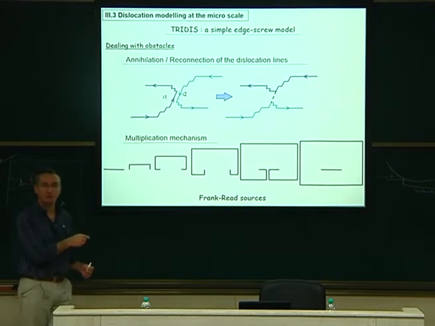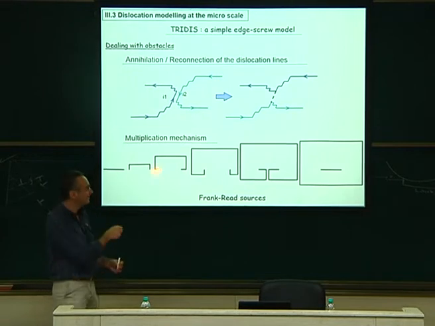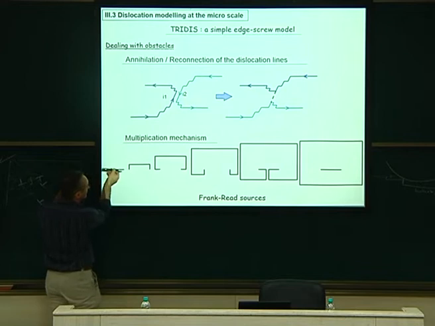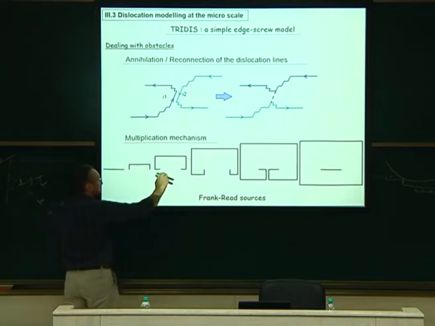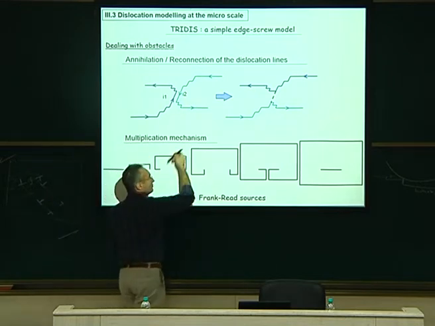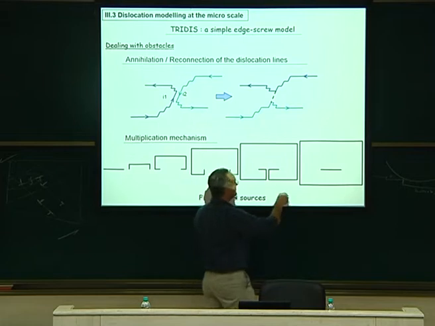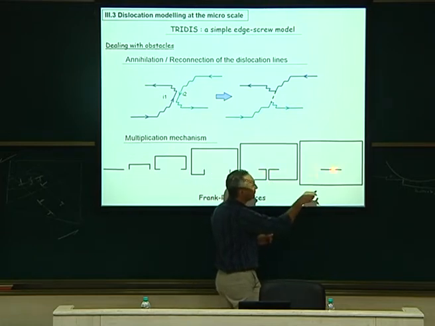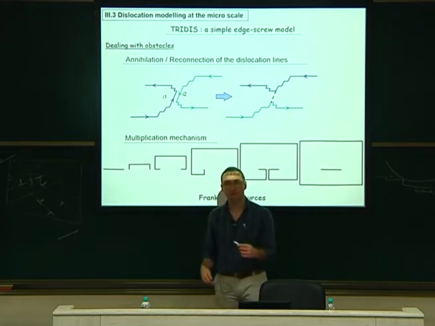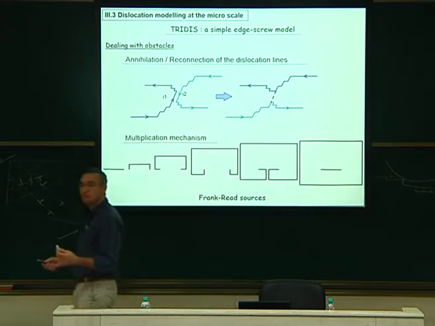This is what I call the Picasso view of the Frank-Read source. It's a Picasso source because you can put an arrow on top of it: this is going that way, this is going that way, here like this, coming down and up. So this is down, and this is up. It means that those two can annihilate, and when they annihilate, you reconstruct your dislocation, which is ready for another turn. Okay? So this is the mechanism of Frank-Read.